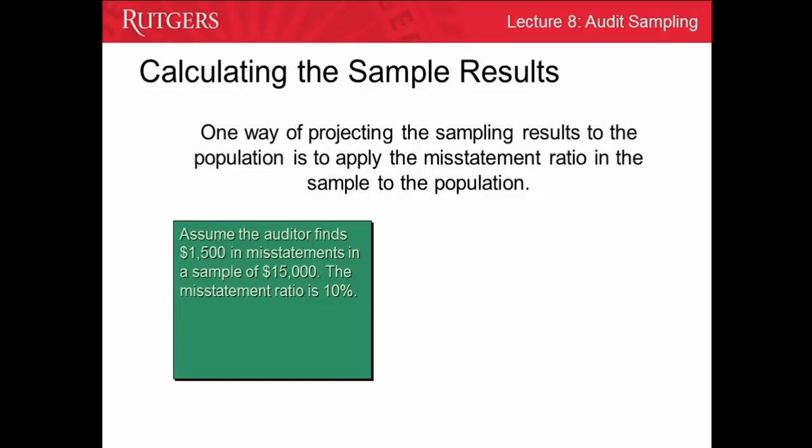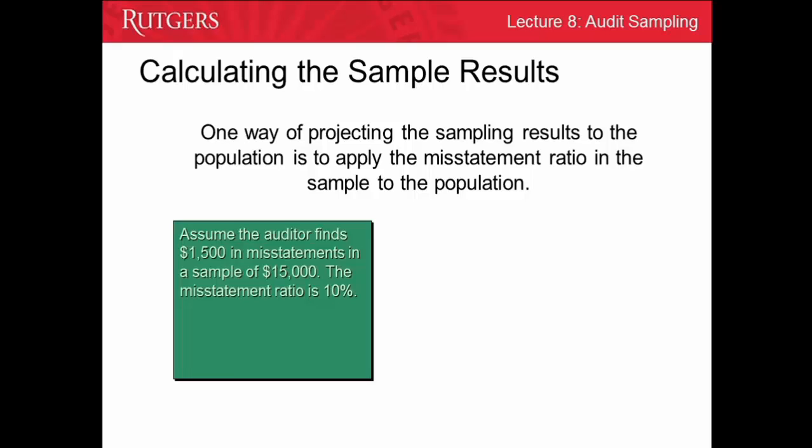Auditing standards also require that the auditor project the amount of misstatement found in the sample to the population. The AICPA Guide Audit Sampling describes two acceptable methods of projecting the amount of misstatement found in a non-statistical sample. The first method of projecting the sample results to the population is to apply the misstatement ratio observed in the sample to the population. For example, if the auditor finds misstatements of